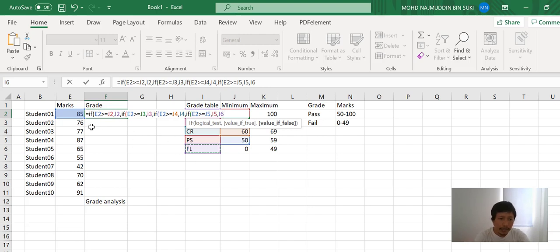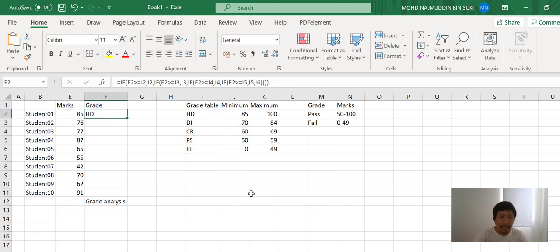So here you'll notice one thing. We actually open the brackets many times, right? And you'll notice that the brackets actually have different colors, but the first bracket is always black, right? So when you close the brackets in the end here, you just close it until you get that black color. So once you get the black color, you know that you're at the last bracket that you need to close, and you just press enter. Get HD for this one, then you just copy that and you will get the values for